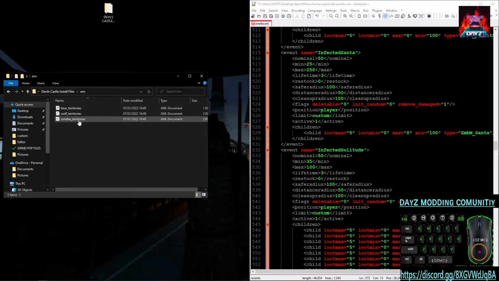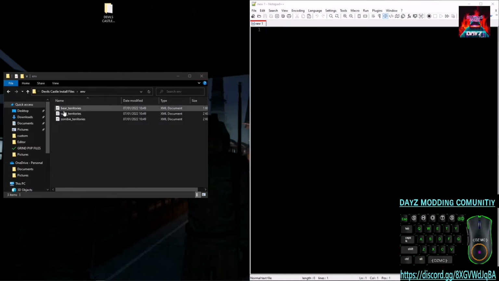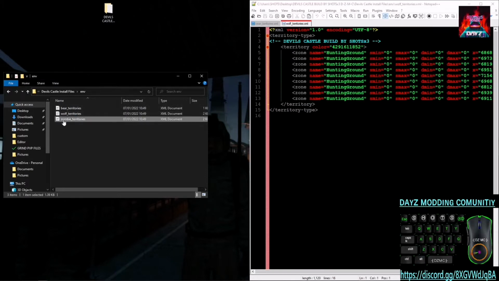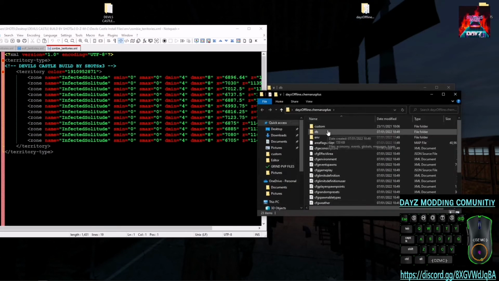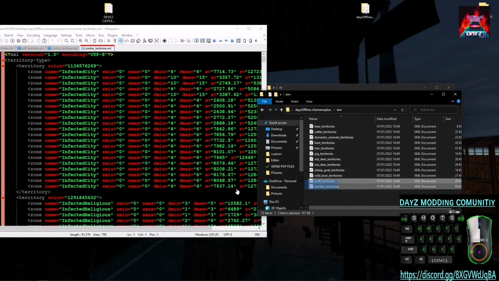zombies, the wolves, and the bear locations. So we're going to close this like so, and we're going to open up the bears, we're going to open up the wolves, we're going to open up the zombies, and we're going to slide that over here, and we're going to open up the same ones out of our DayZ server. So let me just say the zombies, the wolves,